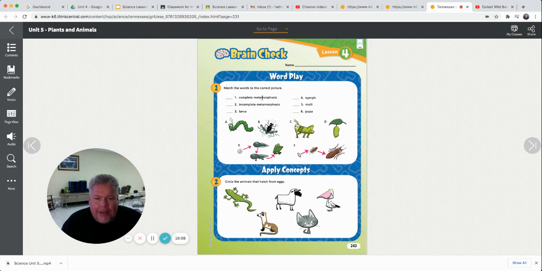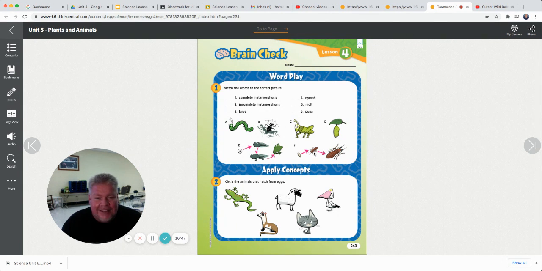So complete metamorphosis, that's egg, larva, pupa, adult. You see it here? Egg, larva, pupa, adult. Well, that's not the one given. The one given is the tadpole one. So egg, tadpole, and it changes completely. It's complete. A frog goes through complete metamorphosis, even though it's kind of got a different four stages. So we're going to put E on line number 1. That's complete metamorphosis because it changes completely. And then we're going to put F on number 2, incomplete